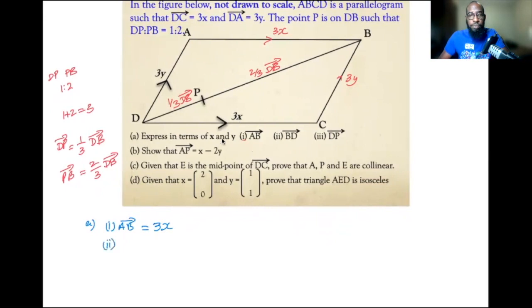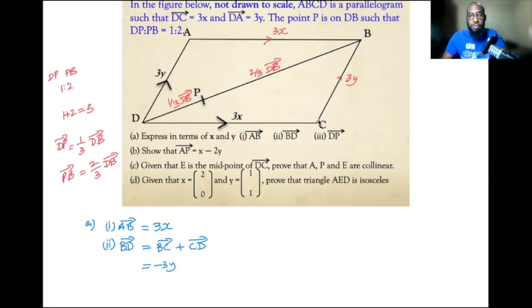Part 2, BD. We want to go from B and reach D. So BD is equal to B to C plus C to D, that is BC plus CD. Pay attention to the direction of the arrow. It's the opposite direction of the arrow, so BC is -3y,